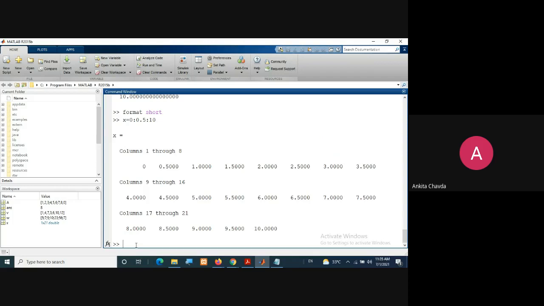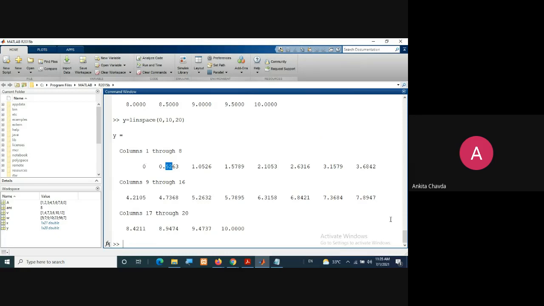No. So instead of that, we are having another option, which is linspace. That is one function where you just need to give your starting point, which is 0, your ending point, that is 10, and how many number of points you want? I'm saying 20. Fine. So it will show me total 20 points, and every time it will increment with 0.52.